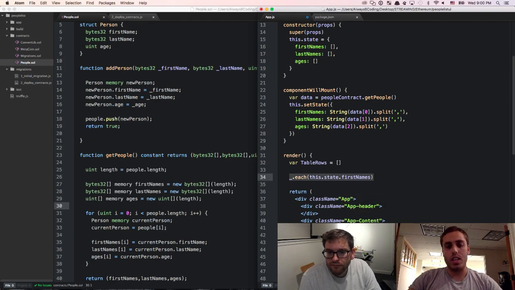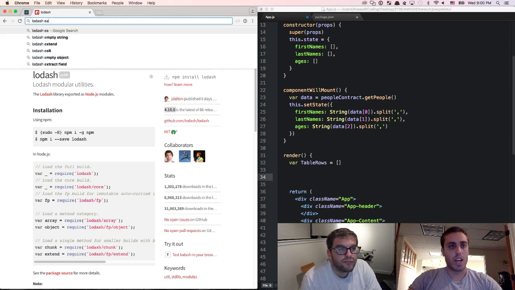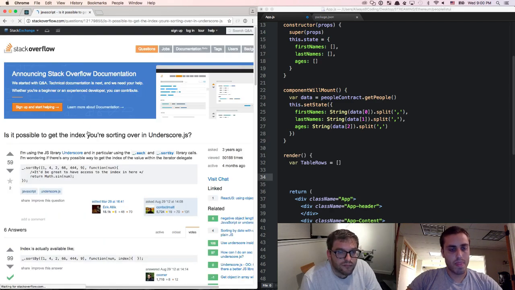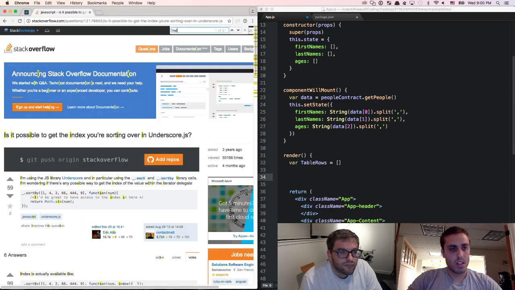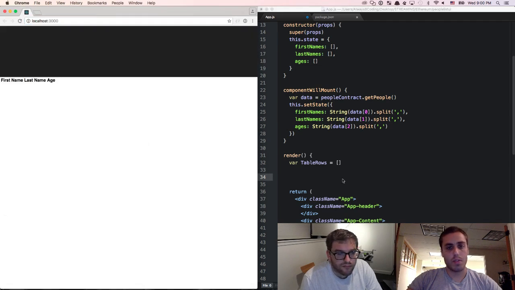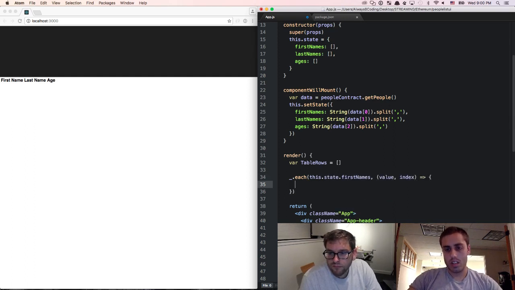Well, you need the index because we have kind of 3 arrays. There's some ways we could probably clean up the way that our data structures are stored, but let's just leave it like it is for now. So I just want to do Lodash each with index. I forget how you do this. Yeah, so it looks like function value index. So I think that we should be able to do dot each this dot state dot first names value index,